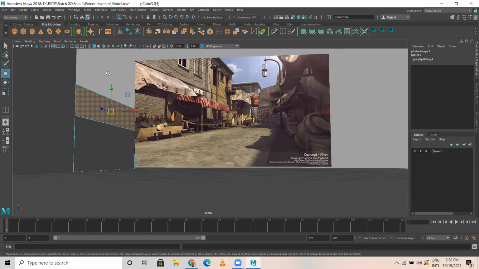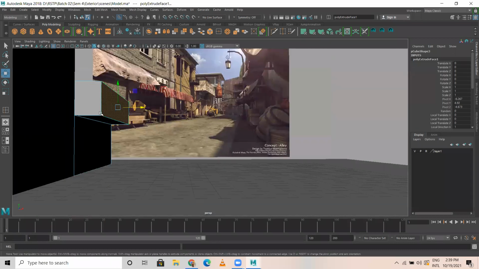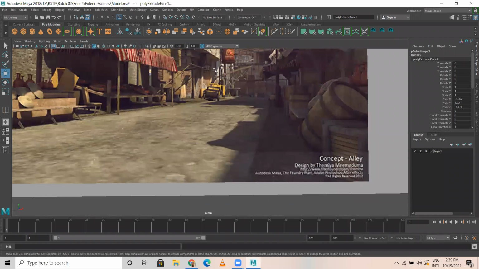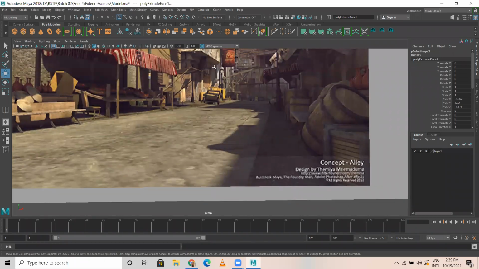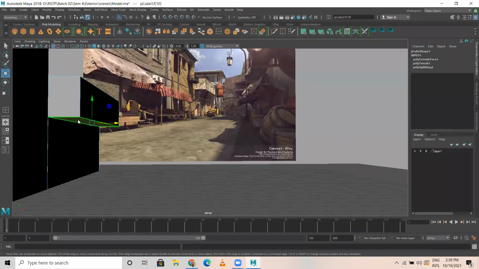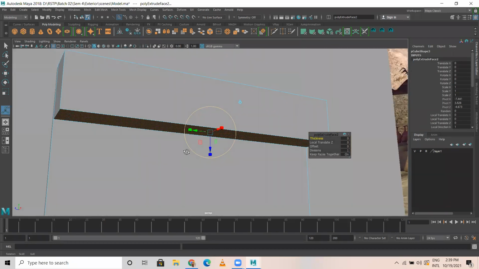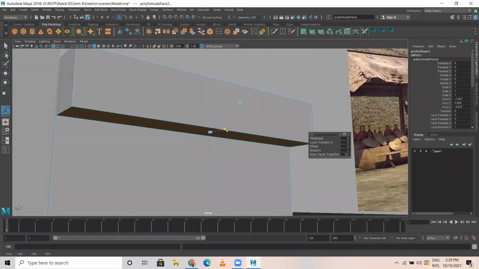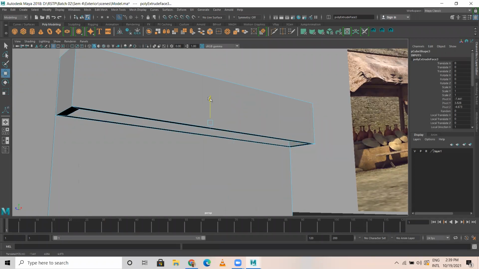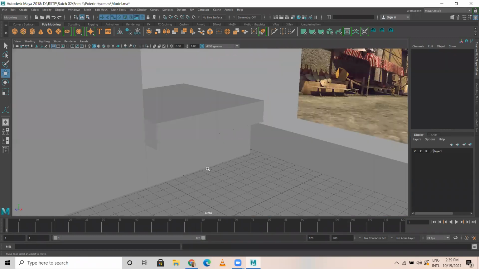So what I do, I'm just selecting this extrude face. I'm gonna extruding this thing with outside, something like this. Okay. And if I look at this closely, even the inner part is also extruded. Okay. So what I'll do is I'm gonna select this one. I will be extruding it like this a bit. So if you look closely, this is something like this. I have extruded it like this.